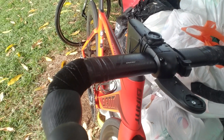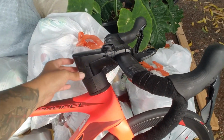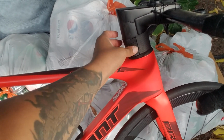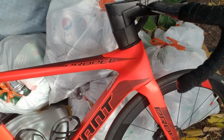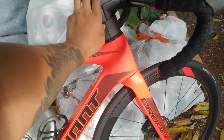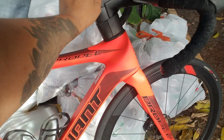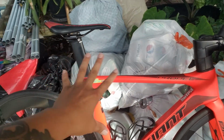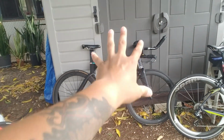What else? I got it tuned up at, I think, mile 300. These are still doing good. I forget if I had to trim the stem or not. I don't think I trimmed much off of it. If I did, it was maybe just the bare minimum, because according to my guru fit for that bike and